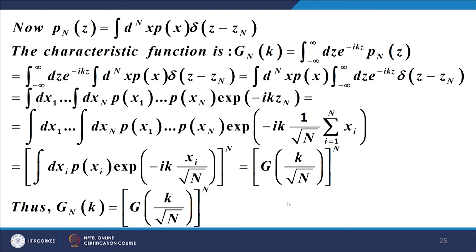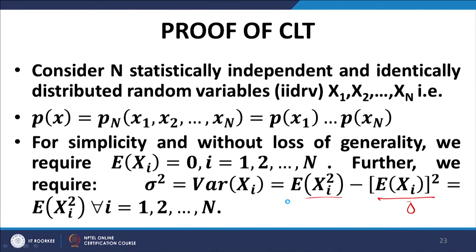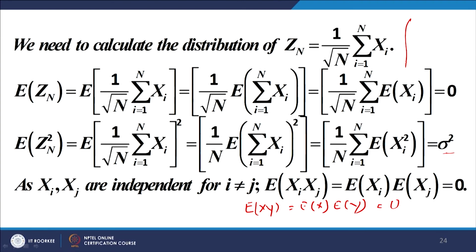Therefore, we can take all these variables, the probability of all these variables which combine to give you the value z, provided that the condition of summability holds. In other words, provided that zn is equal to z, where zn is given by the summation. Which summation? zn is given by this summation.